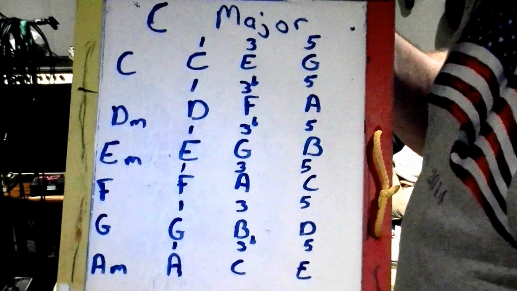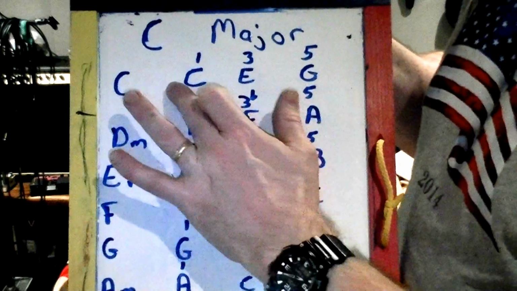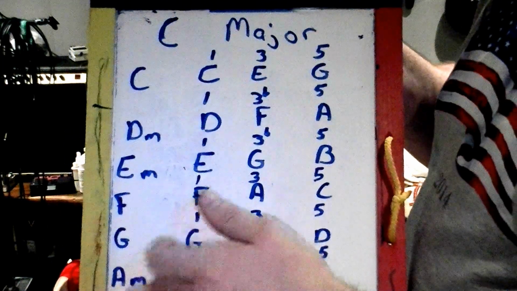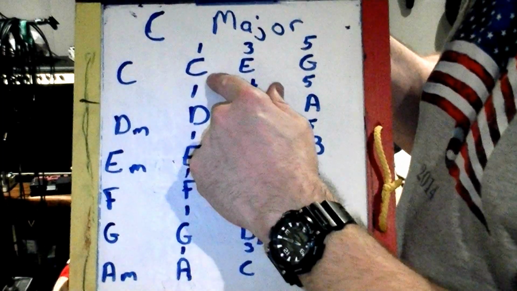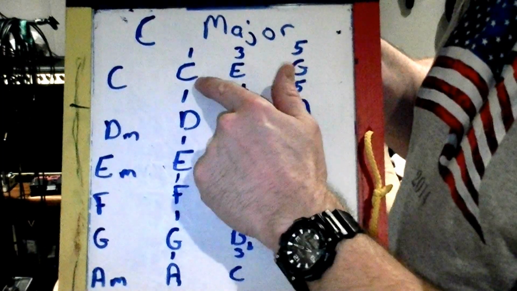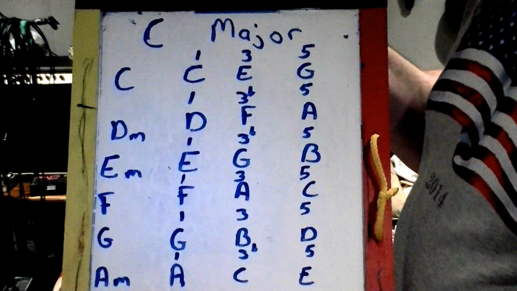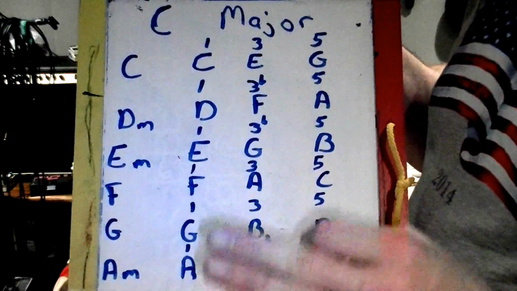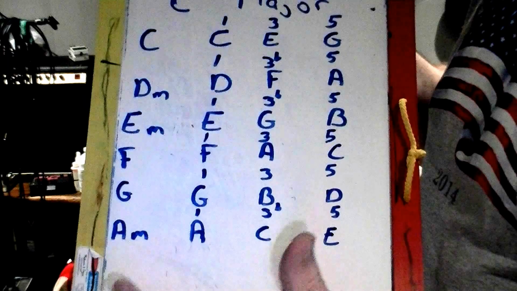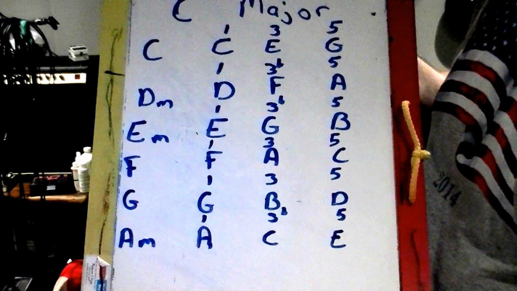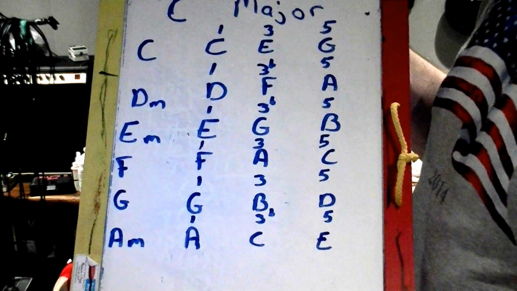Alright? So now when I start building these chords, the first chord is going to be C. We're going to look at the open chord, first position, what a lot of people call cowboy chords, in the key of C, or the C major chord. We're going to look at C, E, and G, and they happen to be stacked. Alright? It only takes a 1, a 3, and a 5 to make a chord. When they build these larger multi-string chords that ring out real nice and clear, what they're doing is stacking octaves.